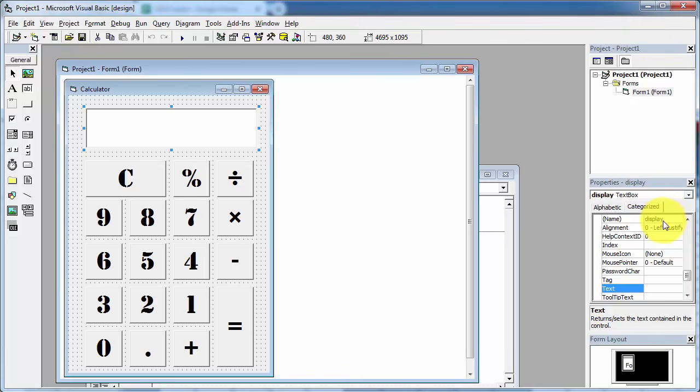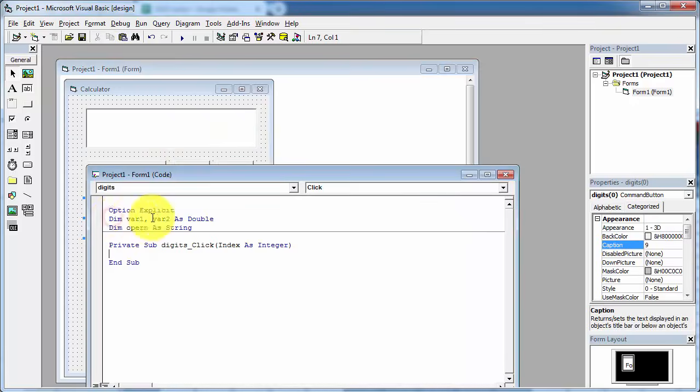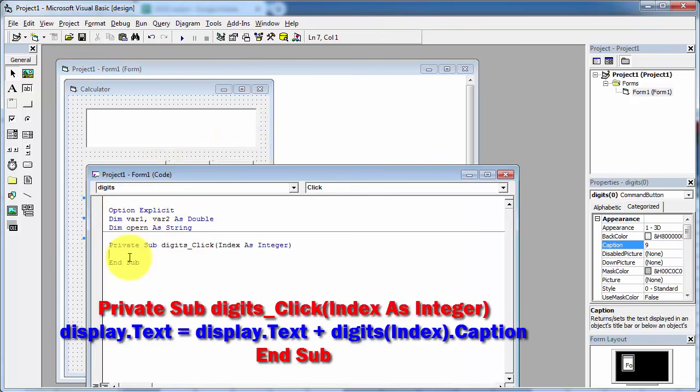So I am going to add the caption value of the control array into the text box. For this, I just again double click on the control array, and here I am going to write display.text equal to display.text plus digits.